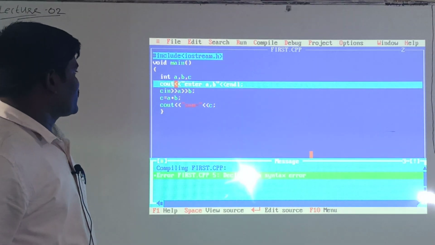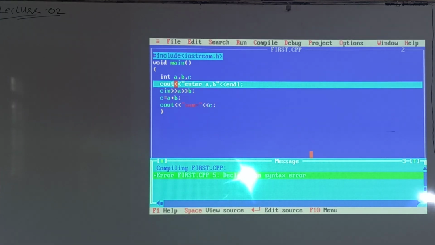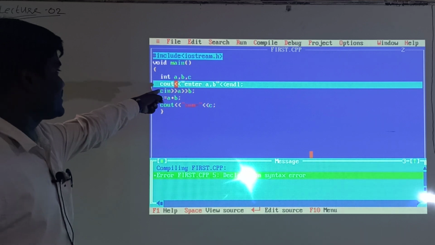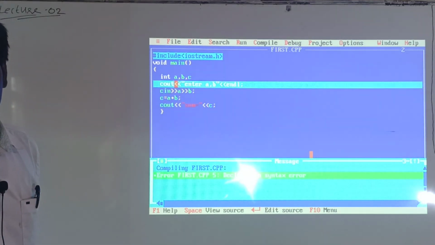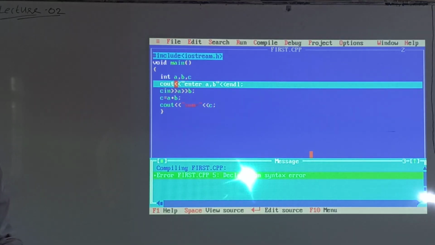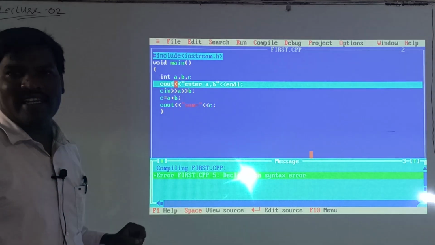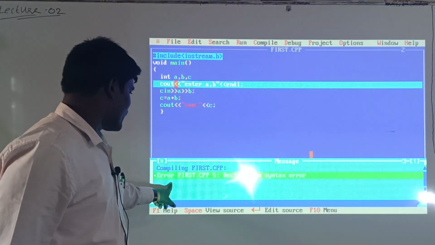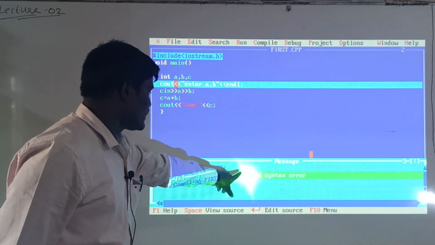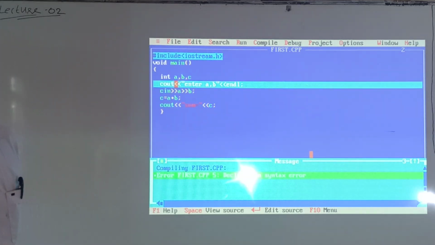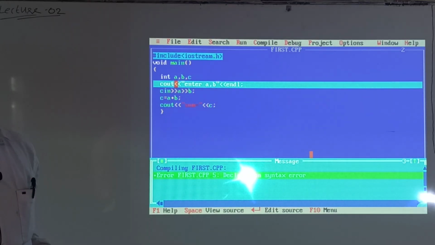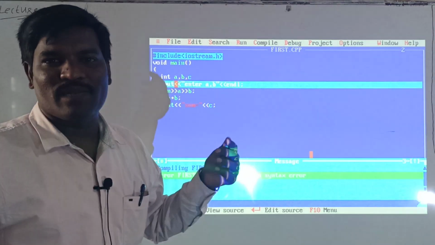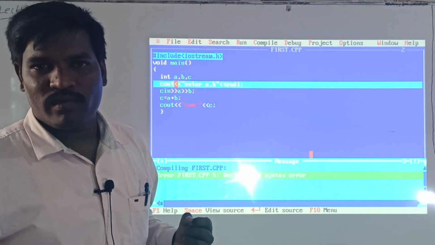Actually the error is in the int a, b, c line, but the highlighted line is the next line, that is cout, because if you do not mention the semicolon, this line and the next line are treated as the same line. So see here, error first.cpp 5, declaration syntax error. Declaration syntax error means the format we have to write is wrong.